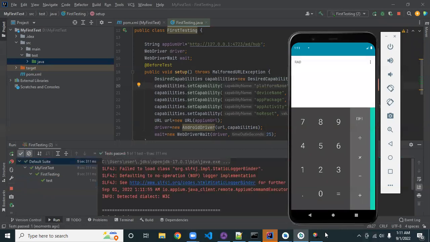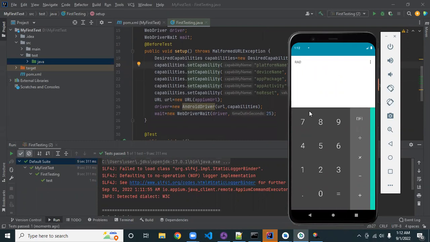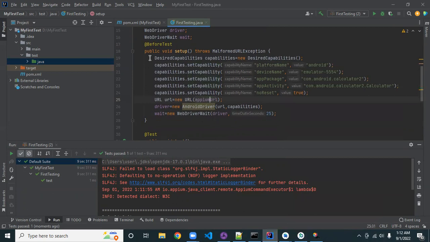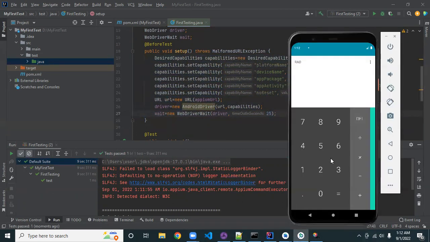Okay, so you can see the calculator is open automatically. Once we run this code, the calculator opens automatically. So this is done by this code. We are not using Appium Inspector to connect the session. We are just running this code. So this is one part. We opened the calculator. The next part is